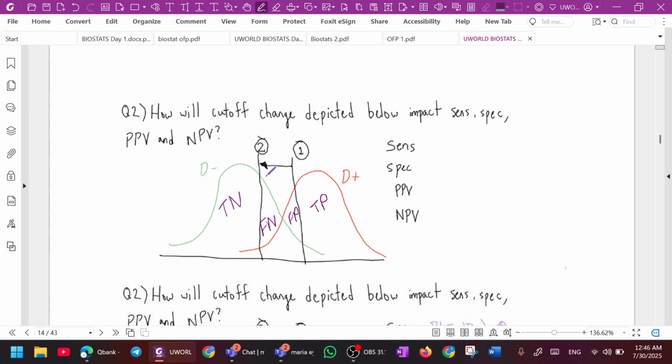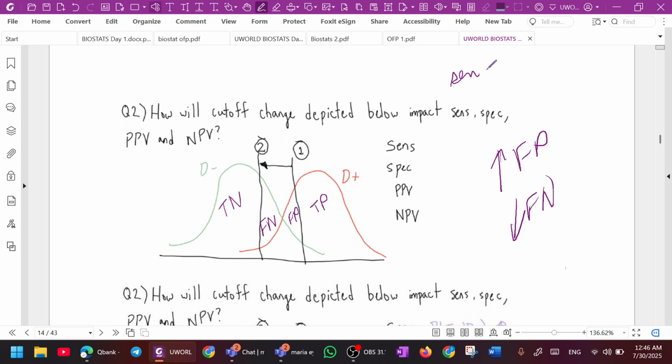So from A to B, false positive is increasing and false negative is decreasing. We are shrinking the false negative and enhancing the false positive. We were told to go from A to B, in this direction. So false positive is going up and false negative is going down. That's what we have found.